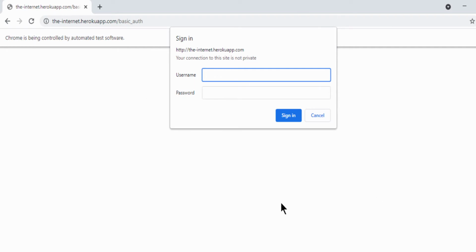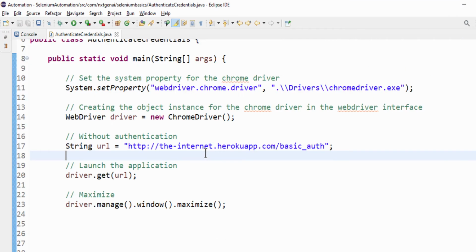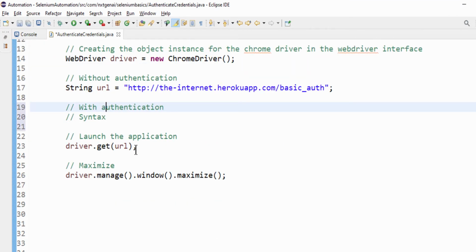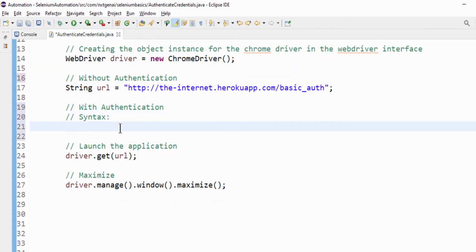Now we are getting a pop-up like this. It's launching the URL directly, but still we have to enter the username and password, and we know this is window based functionality. Now how to handle this scenario? It's very easy. Now let's learn with authentication.